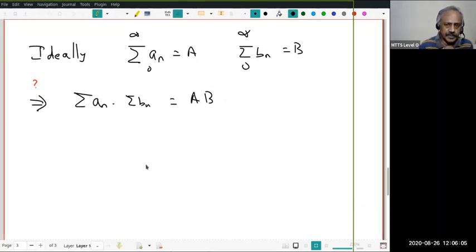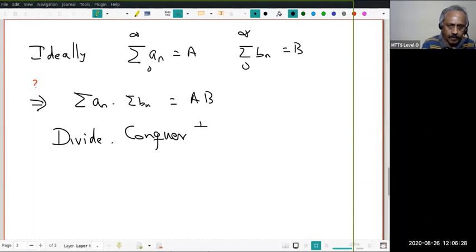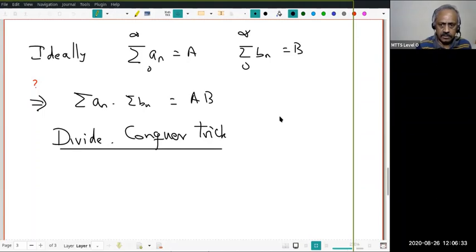Now let's try to prove it. Okay. I don't want to write the statement of the theorem. Okay. This is one of the good proofs to master. Okay. I will come back to it at the end of the lecture. This uses what I call the divide and conquer trick. Okay. We have seen this in the sequence videos.